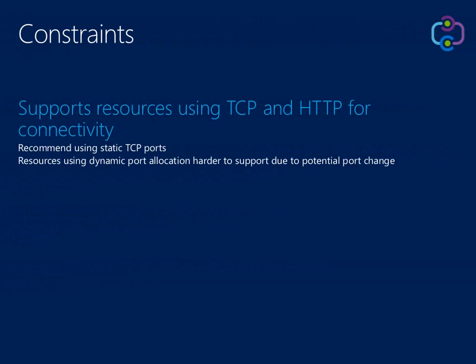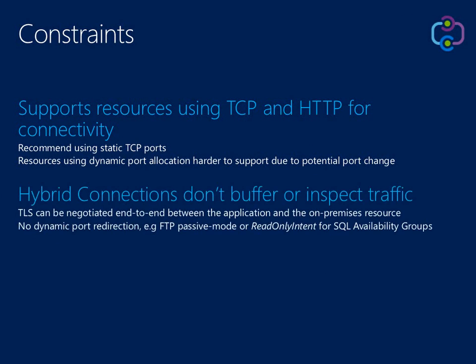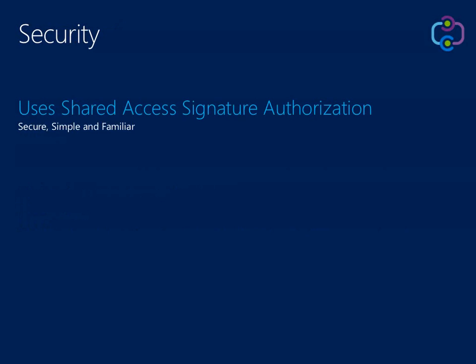Given that hybrid connections rely on port assignments, resources that utilize dynamic port allocations aren't going to be supported. Also, be aware that although transport layer security is supported, dynamic port redirection or other features that rely on message inspection are not. You've already seen in the demo that shared access signatures are used within the connection strings for